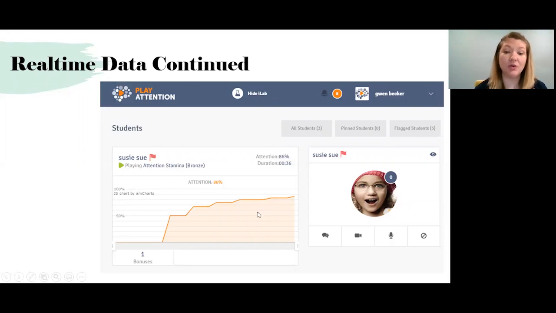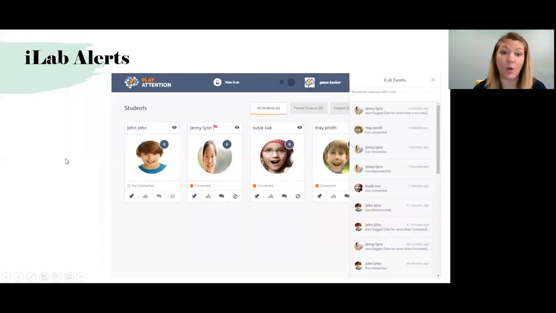So I'm going to be able to, again, see their attention, see how long they've been playing, see it in a graph mode. And that way, if there's some reason I glance up and notice that they're maybe fidgeting or something like that is happening, I can check it on their data. I can see how they're doing going forward. Now, this is obviously beneficial if I'm remote because I'm maybe not going to be able to see all of that, and I want to see all of that data just as if I was right beside them. But it's also very important as we do it in a group environment as well.